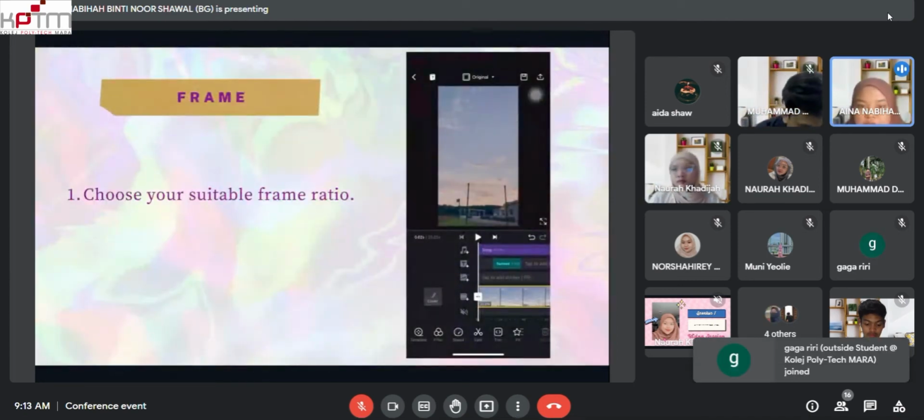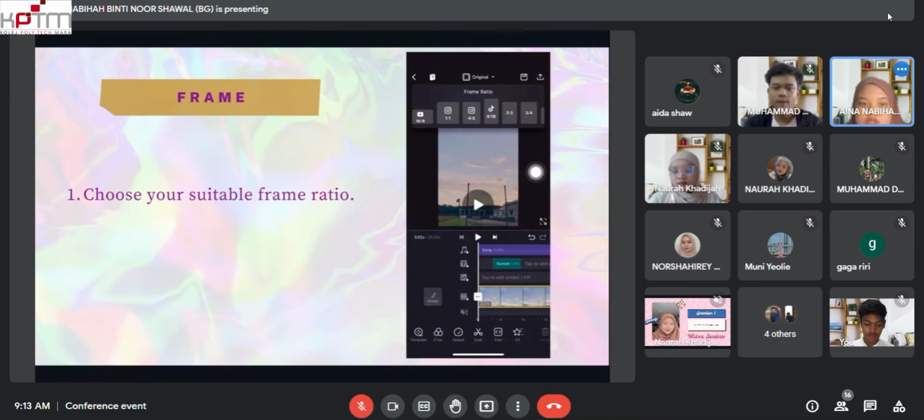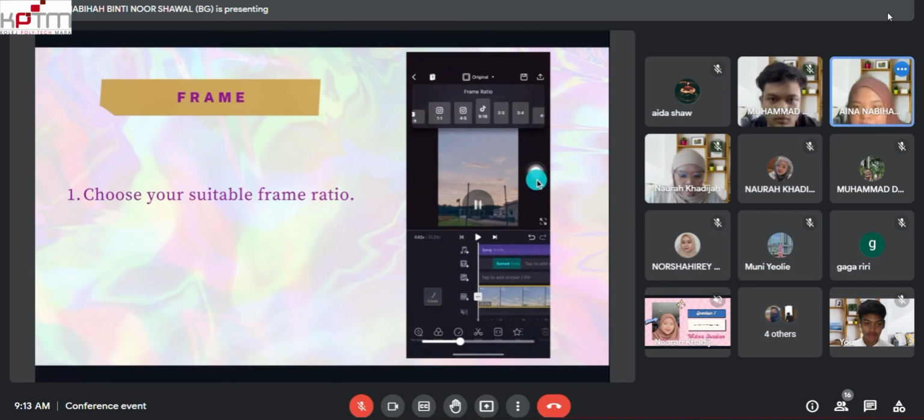For the first one is frame. So as you can, the first step is how to change your frame ratio to suit your social media. So as you can see up here is the frame. You can choose which one is